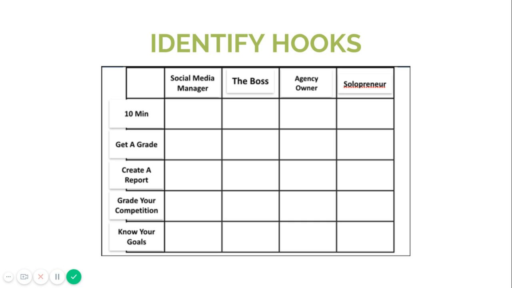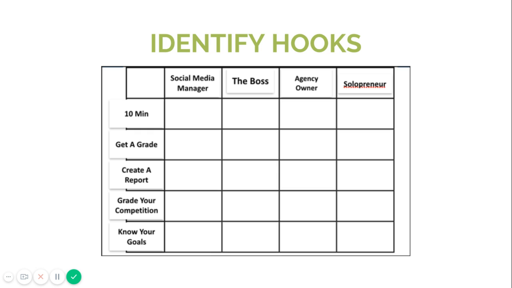There's different types of hooks. You could do a social proof hook. You could do a status hook. You could do a time hook. You could do a secret or a discovery hook. There's lots of different hooks. And don't confuse a hook with a big idea. A hook is a way to deliver the big idea. It's like a way to dress up the big idea with visual and creative